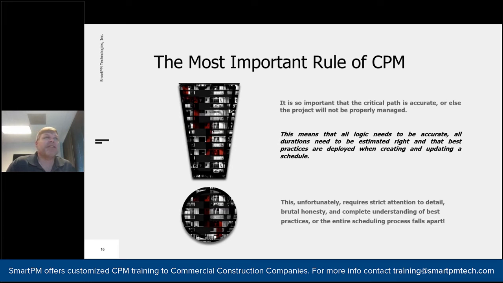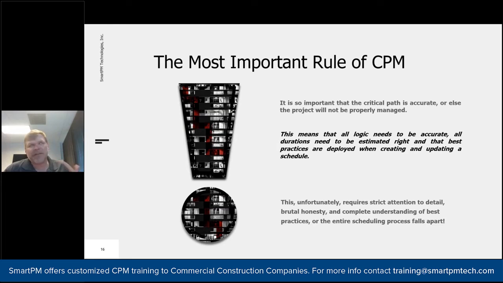Number two, when delays happen, you know what the delay is, what it's being caused by, and what the future ramifications are. And most importantly, you can come up with sound mitigation strategies that are actually going to work, something that you can leverage using that scheduled data. So that's really, to me, very important that everybody understands: this program does work, but it requires near perfection,